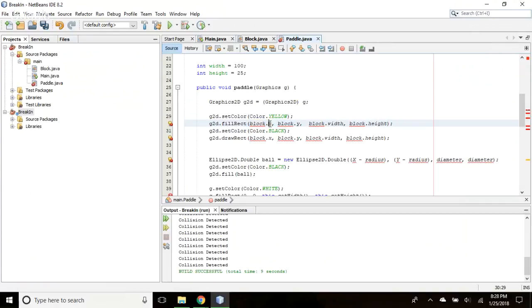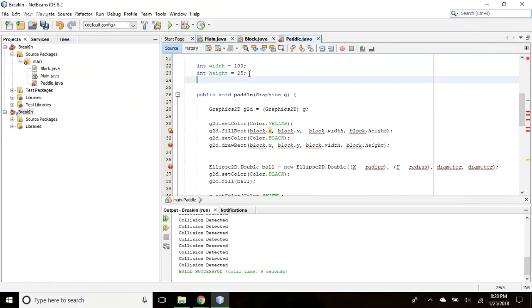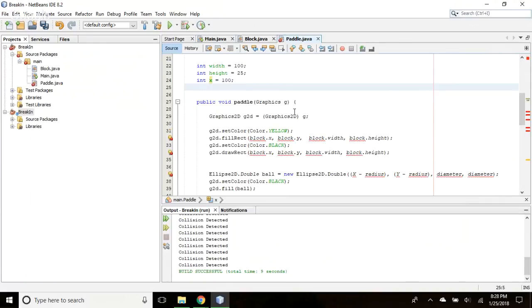So why don't we create 2 more variables, and let's say int x equals, I don't know, 100 maybe, and semicolon, and int y equals, I don't know, maybe 700.